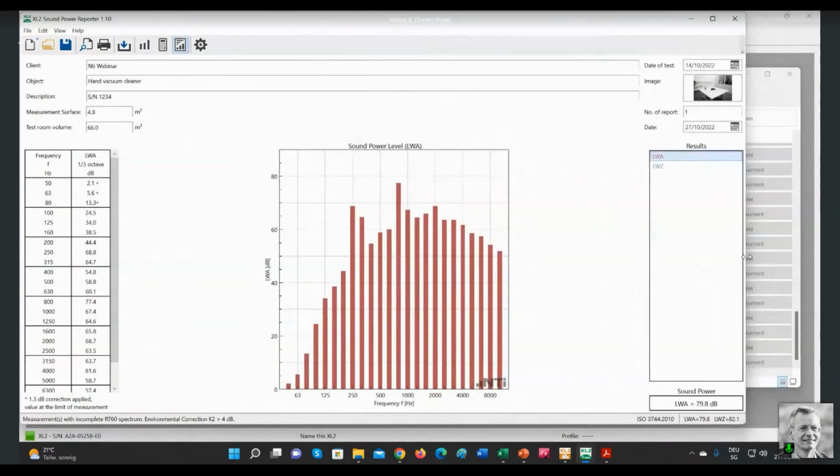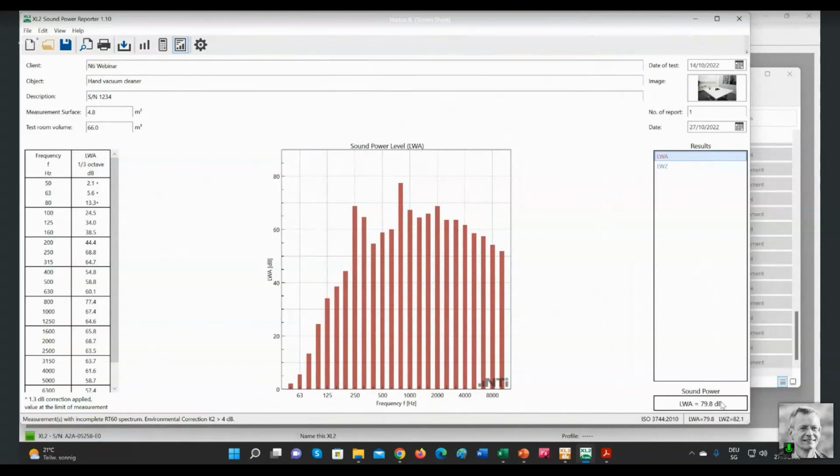because there is this picture of me which I cannot remove. So here down here you see the overall result. This is the sound power value that we are looking for. This is the sound power A-weighted of our hand vacuum cleaner. And